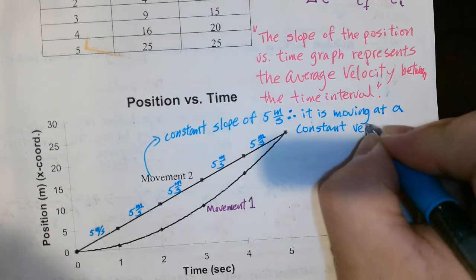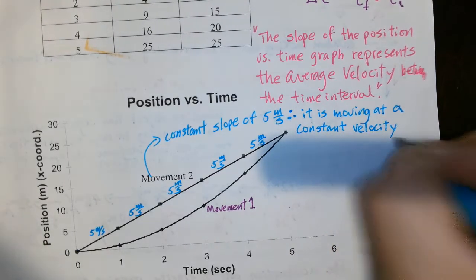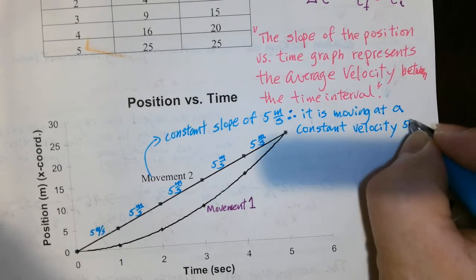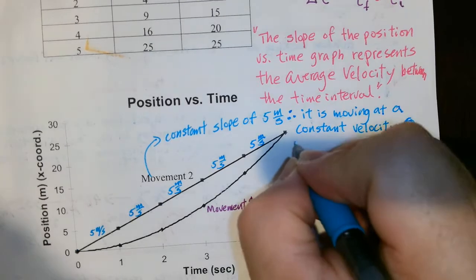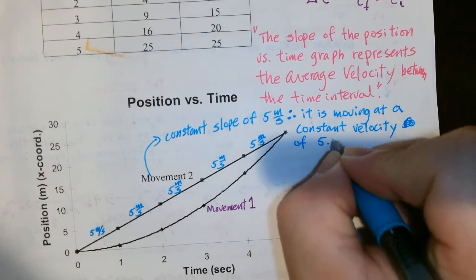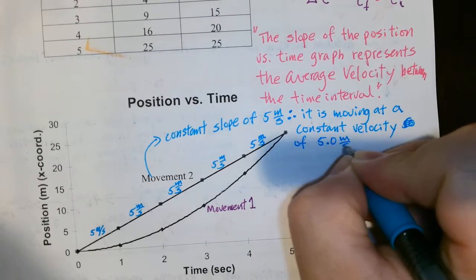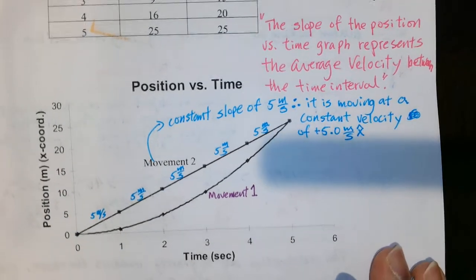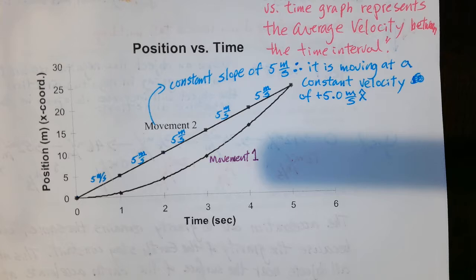I could say velocity, right? Constant velocity of 5.0 meters per second x hat. Okay, positive 5 meters per second x hat. However,